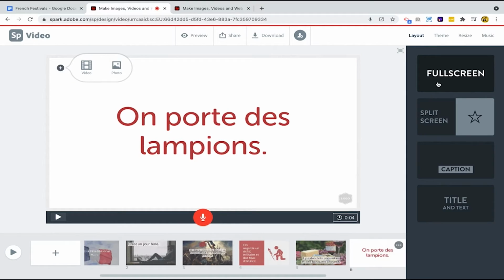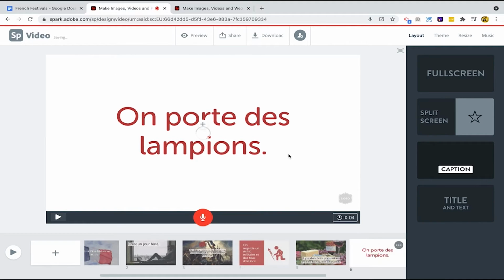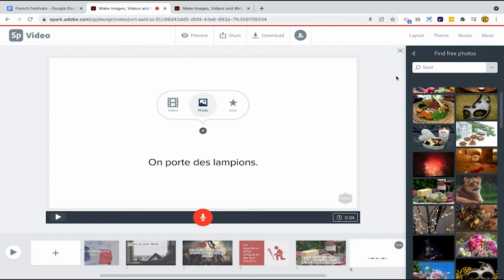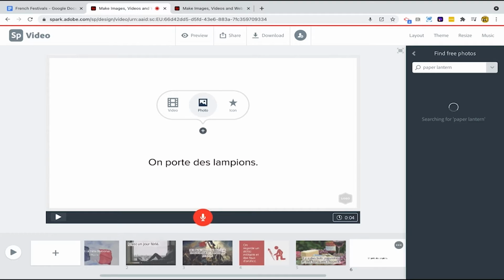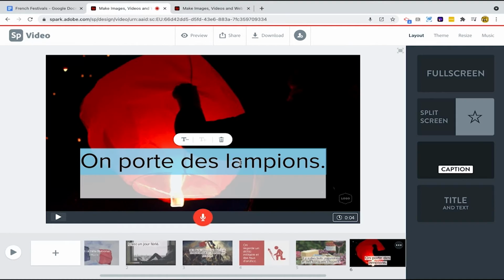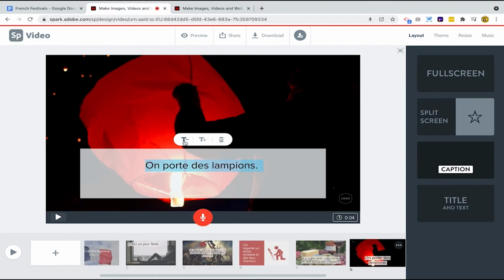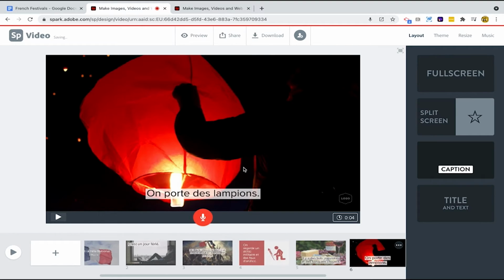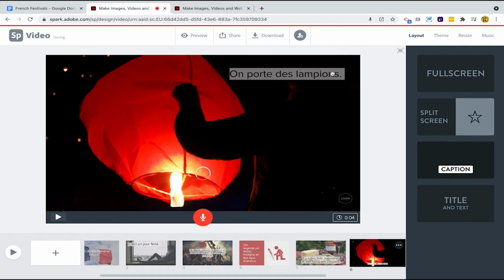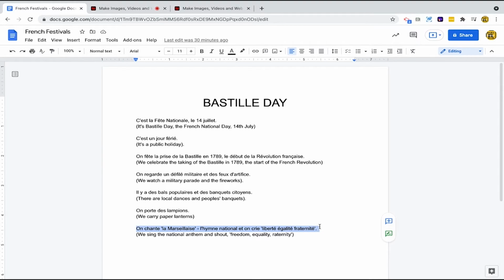Maybe I'll change this to, I think I'll use the caption again. Why not? Then I'll reduce the size of this text here. There we go. And then just drag it into the top right. Last but not least,